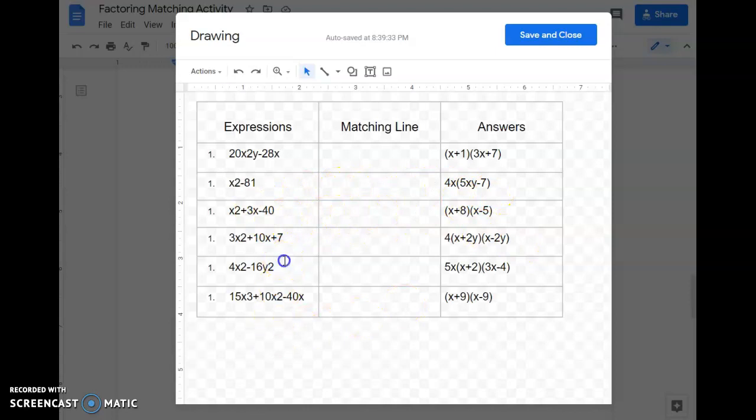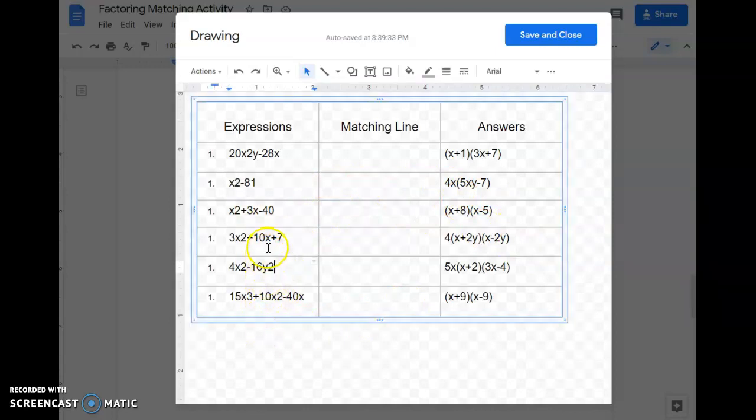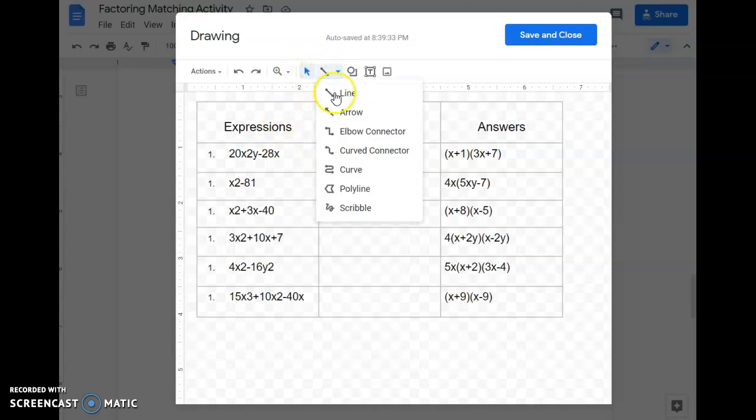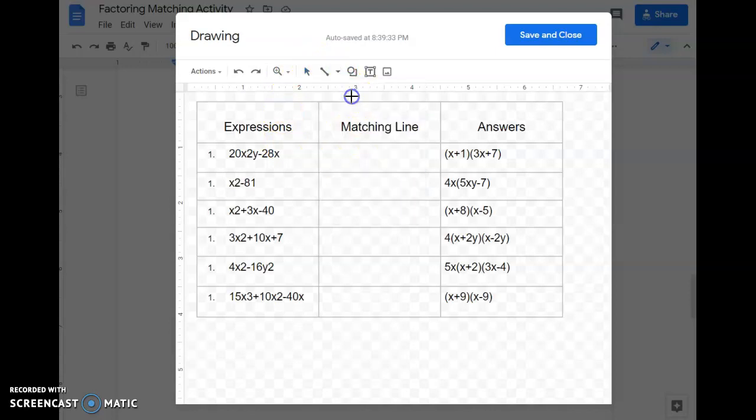So we're going to make sure that we're clicked off of the table. If you click on the table, then the coloring and whatnot will change the table, but I want to click off of the table, and I'm going to select the line tool. So I can do arrows, I can do lines, I can do a curved connector. So I'm just going to select a normal line, and I'm going to